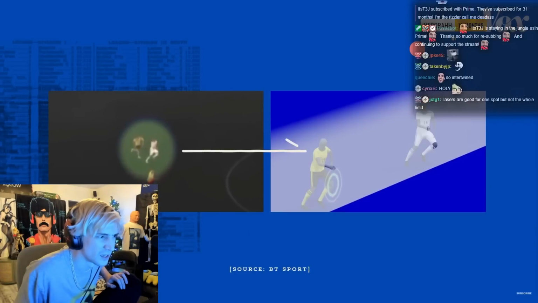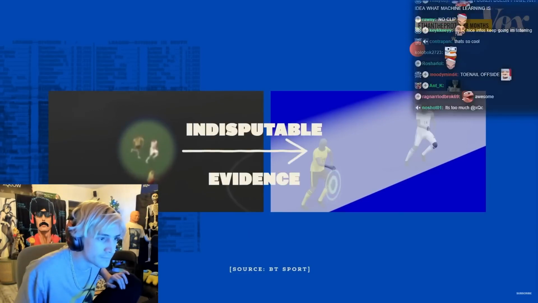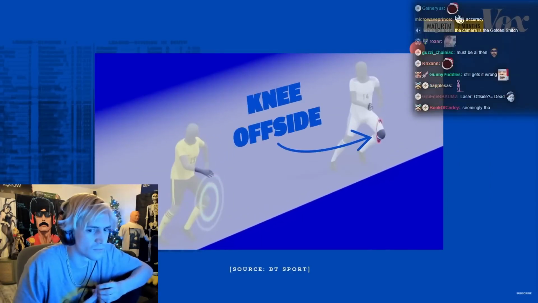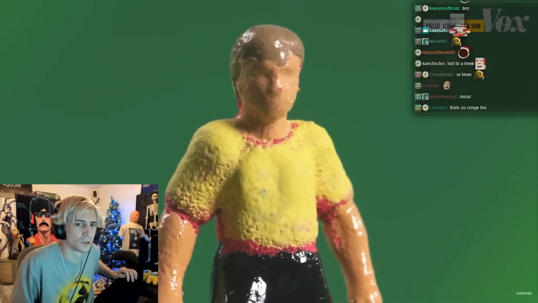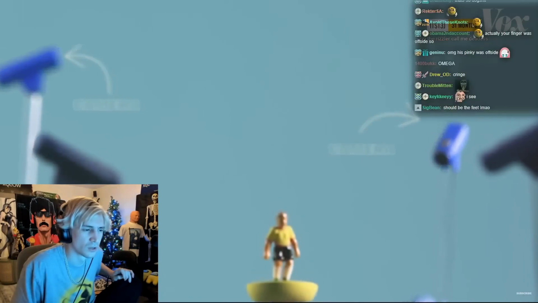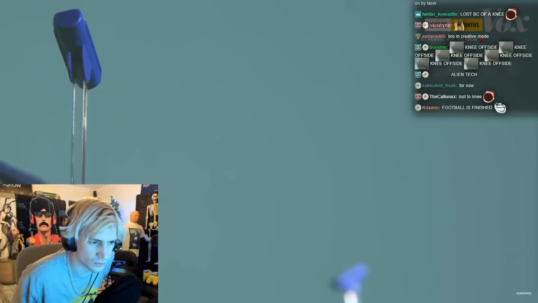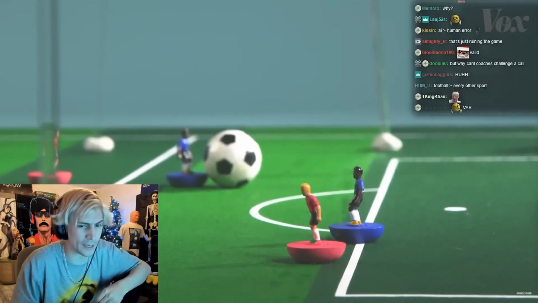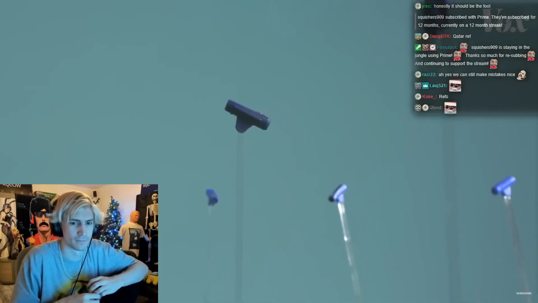There are no viewing angle limitations, no frame rate delays. It's a near one-to-one recreation of the event, seemingly indisputable evidence for referees and audience members that this player's knee was offside by this much. Subjectivity isn't being totally removed from the equation though. The technology being only semi-automated means that human referees will still make the final calls after taking what the AI shows under consideration. And that can be critical, because while this tech can judge space flawlessly, it can't see everything,